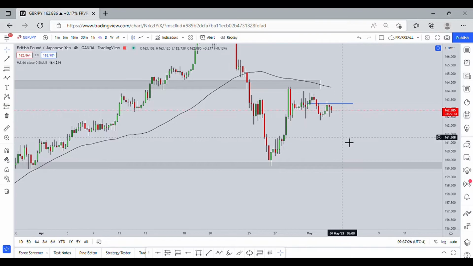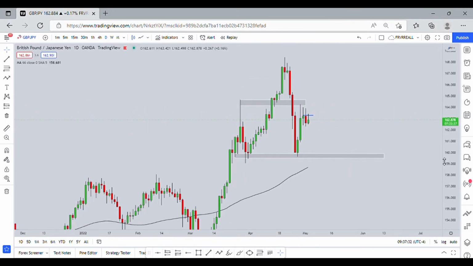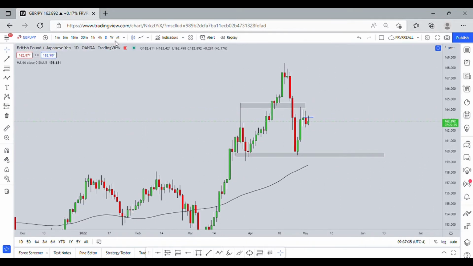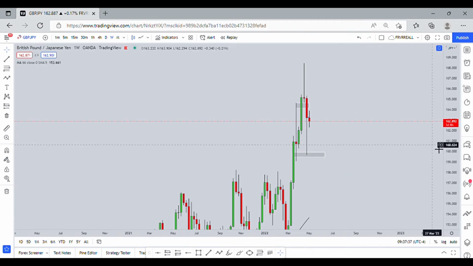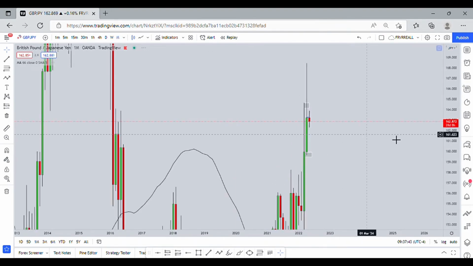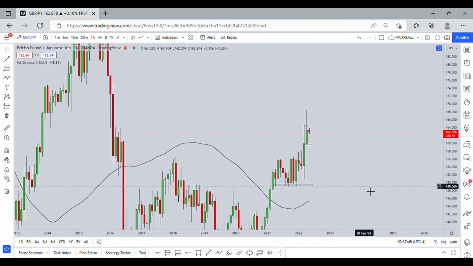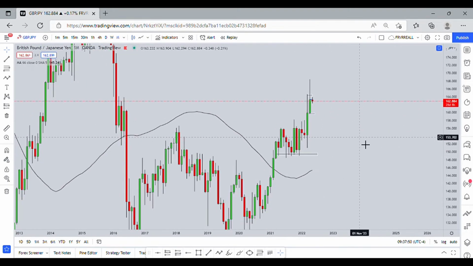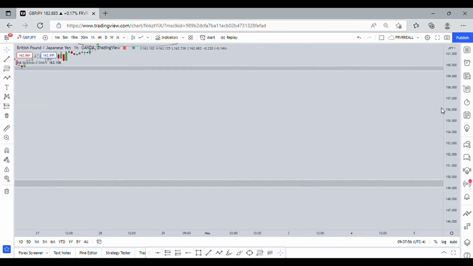If you want to use a level from the 4 hour, if you want to use a level from the daily, you want it to be at most 1 month old. If it's on the weekly, you want it to be at most, let's say, 3 weeks old. If it's on the monthly, you don't want it to be older than 1 year. If it's older than 1 year, forget about it. Price is not going to react to it as you think. So yeah, that's pretty much it